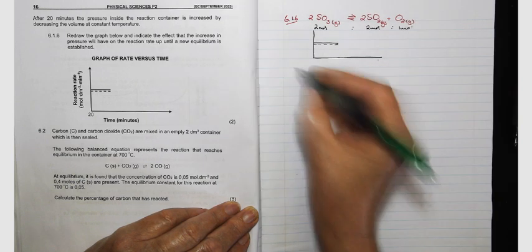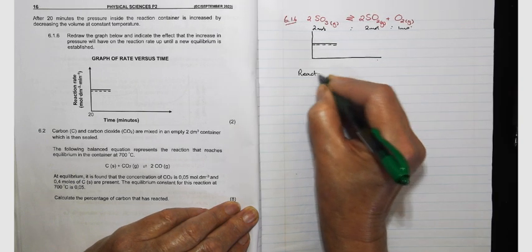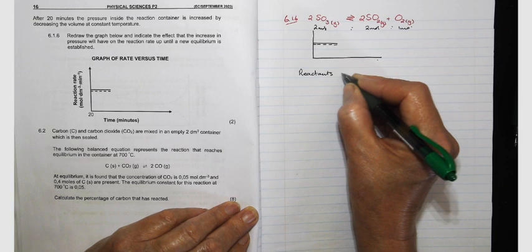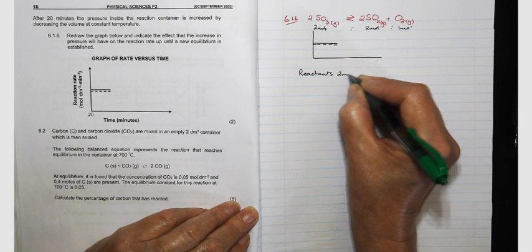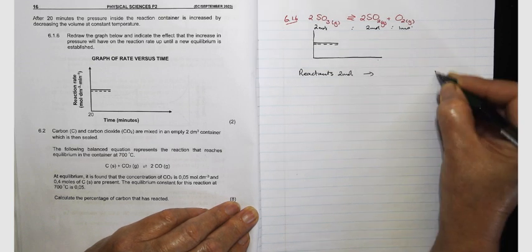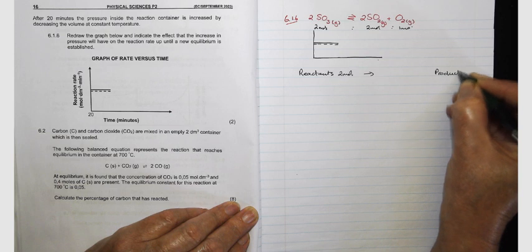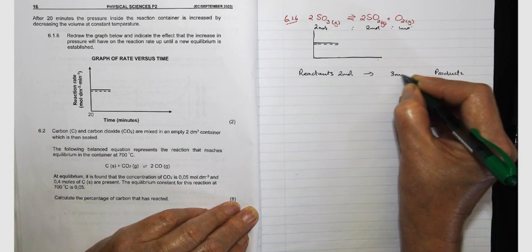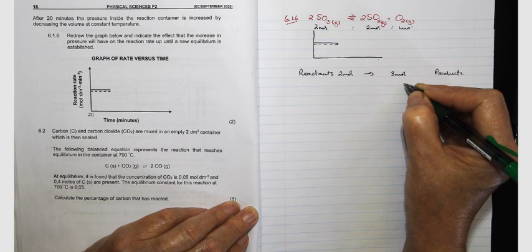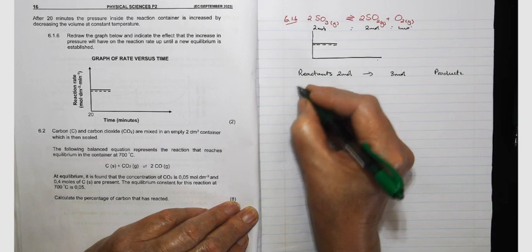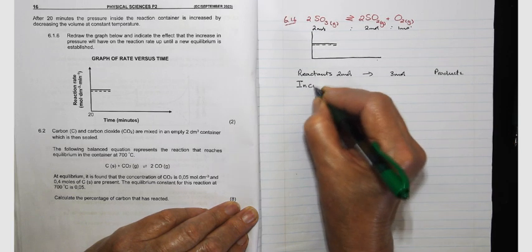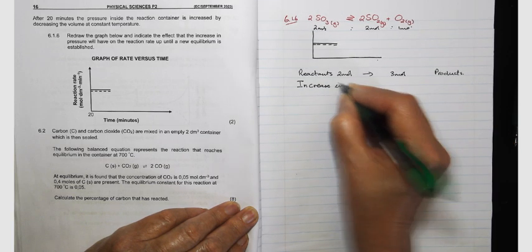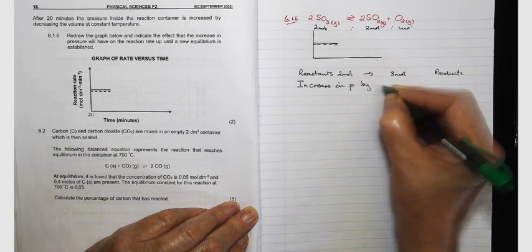So on the reactant side, you have a total of 2 moles going to, on the product side, a total gas volume of 3 moles. Now in the question they explain that they're increasing the pressure by decreasing the volume. So an increase in pressure by decreasing volume,